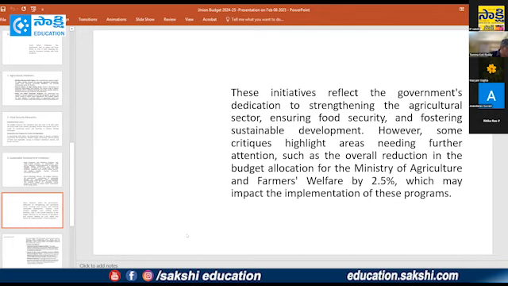Some critics are saying that further attention is needed, such as on the overall reduction in the budget allocation for the Ministry of Agriculture and Farmers Welfare by 2.5%. That's why it is one of the issues people are criticizing in this budget, which may impact the implementation of this